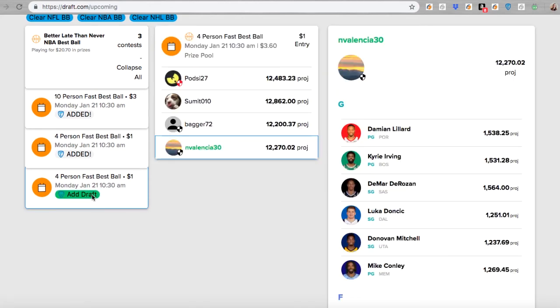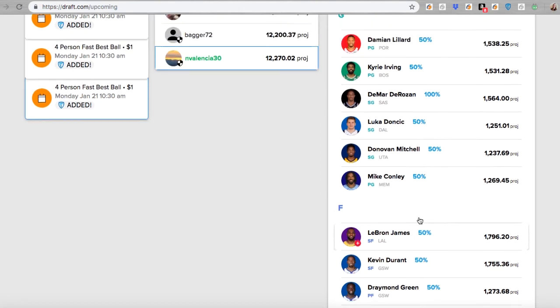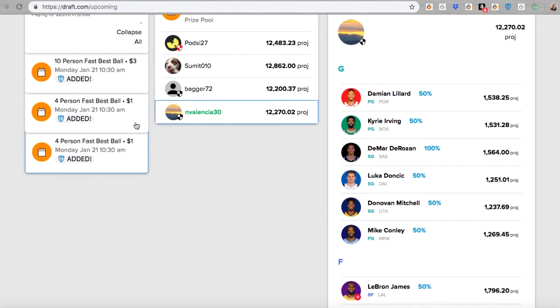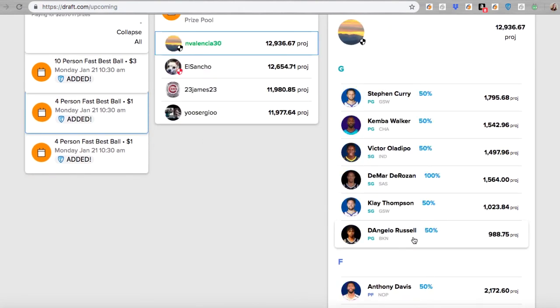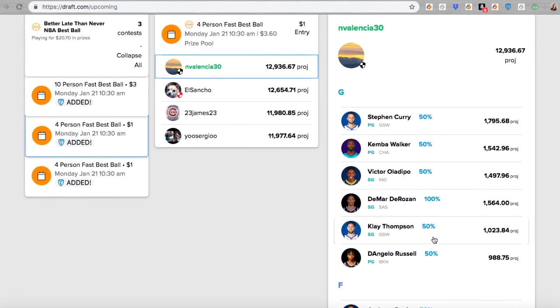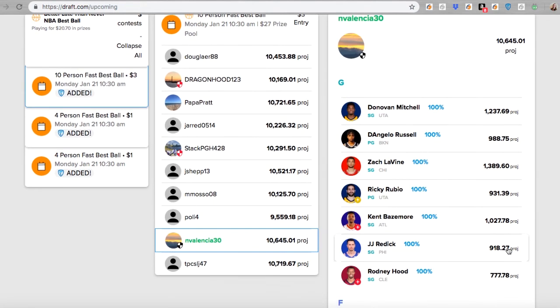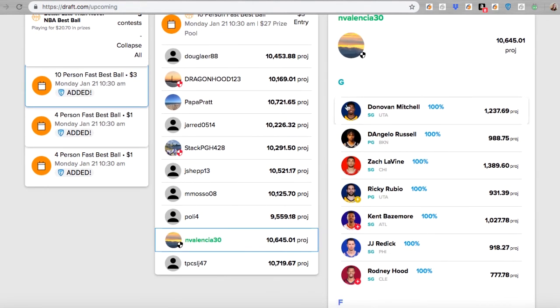And as I go to the next 4-man draft, now I'm going to see 50% on some players and not on others. So for example, I believe I have D'Angelo Russell on this 4-man draft, but he's only 50% owned because I don't own him in my other 4-man, even though I do own him in the 10-man. Right now, everything is split up by draft size and sport. So NBA best ball will be different than the regular daily NBA contest, and the same thing for the other